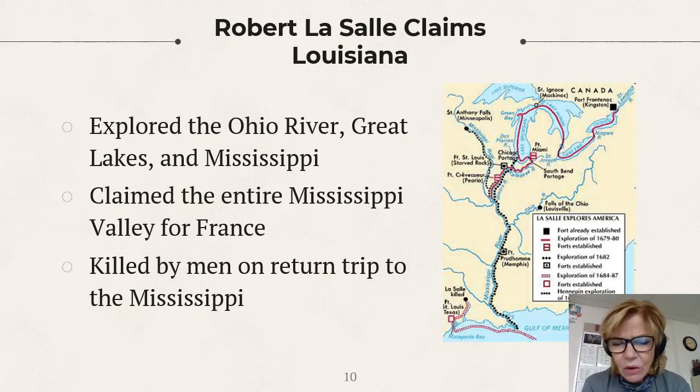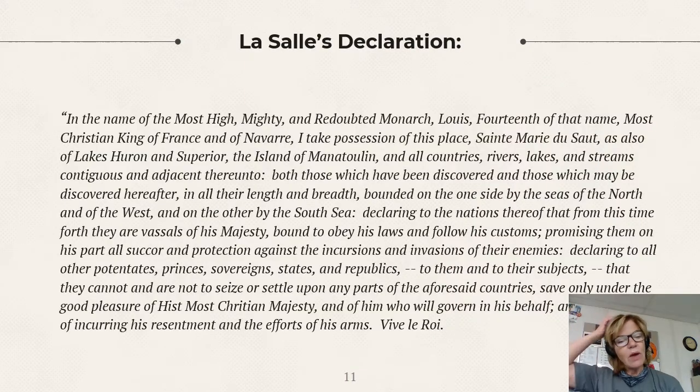And then they go and they find the Illinois River. They go down the Illinois River. They go up the Mississippi, and then they go down the Mississippi all the way to the Gulf of Mexico. Later, LaSalle's going to come back and try to go the other way and find this river again, but they cannot find it. And they end up over in what is today Texas, where he is killed by some of his own men, right? As a result of that. I'm not sure exactly what the mutiny was all about, but I'm sure you could find out if you did a little research.